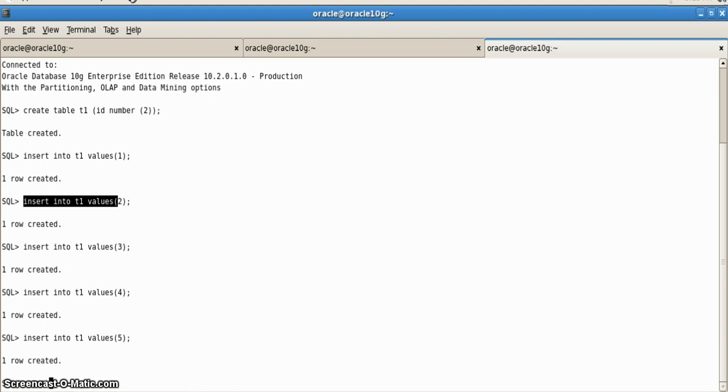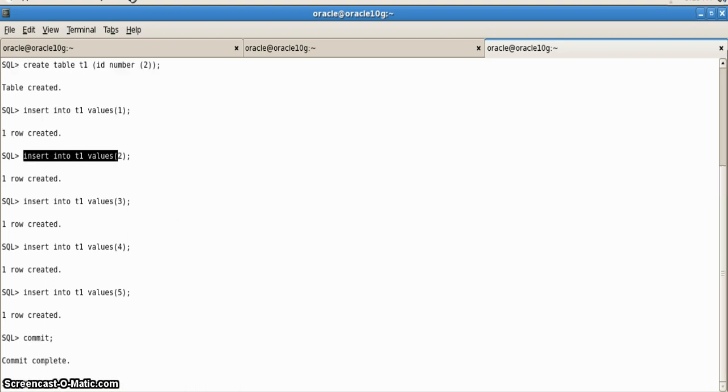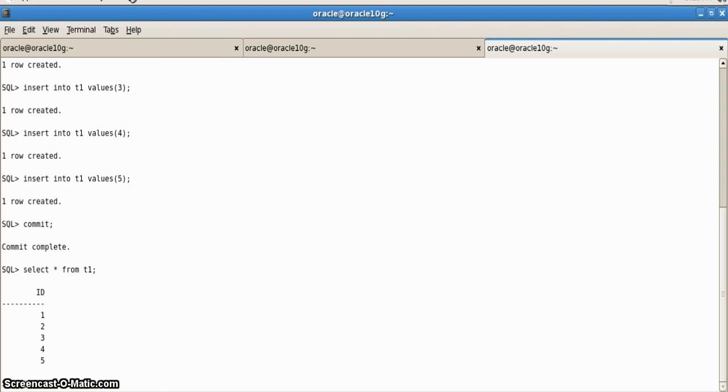Then we will commit. We can have a look at this table by select star from T1. Here it shows 1 2 3 4 5 rows.